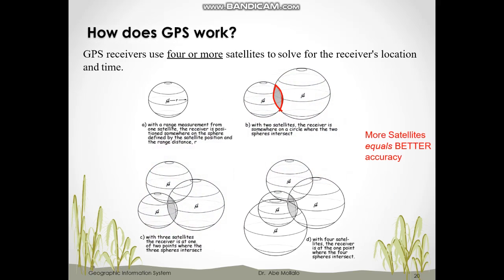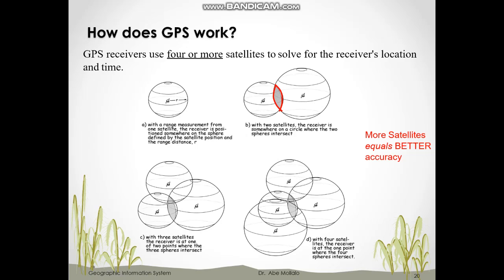Now, based on range distance, let's talk about how GPS helps us determine the location. With the knowledge of range distance from only one satellite, the receiver must be on a sphere centered on the satellite with the radius equal to the range distance. So if we know the distance, let's say the distance is r, any location on this sphere has the distance of r. The problem is there are unlimited locations on the sphere, so we need help from